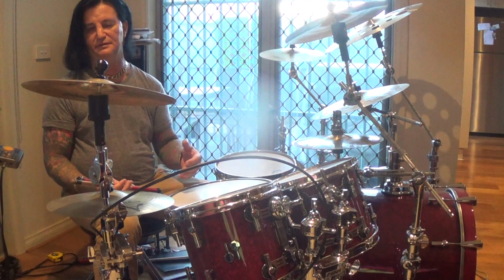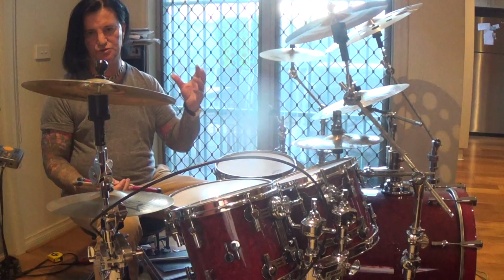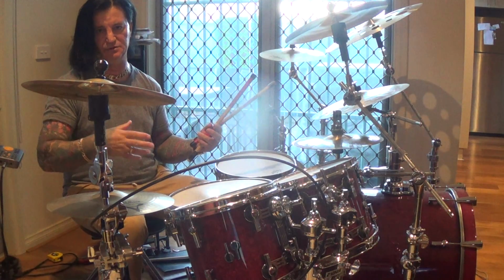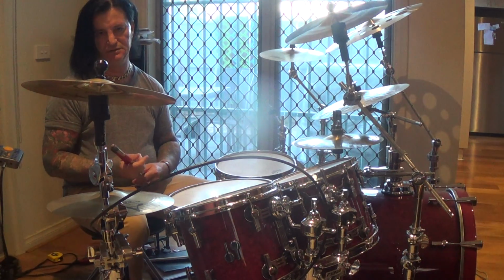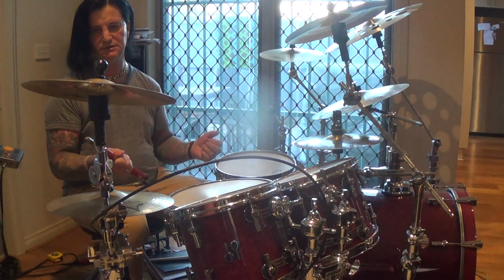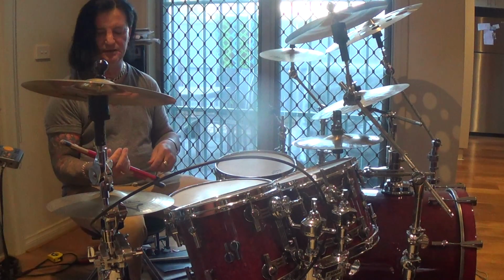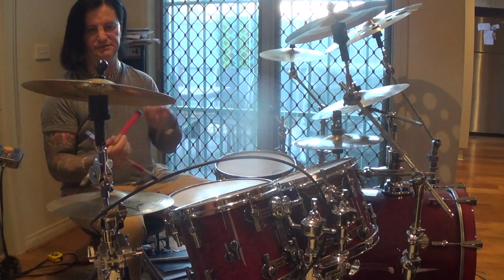And while you're doing that, if you've got a good bass player, he's going to switch in straight away and he'll lock in with you. And that's what it's about, having a strong rhythm section when you're playing in a band. Because when you've got a strong rhythm section, the foundation is very strong. So then if the lead player wants to play E minor, F, G minor, C, and this drum, and you're doing